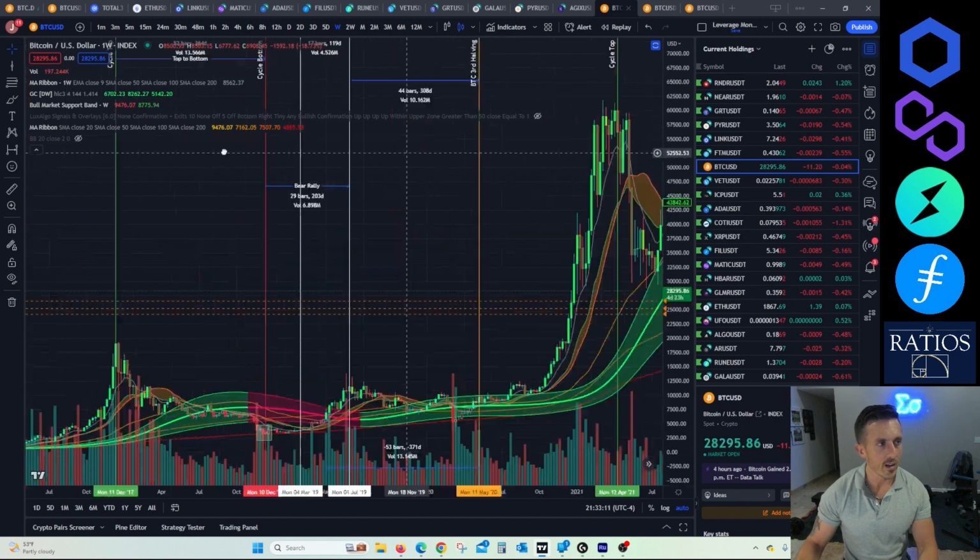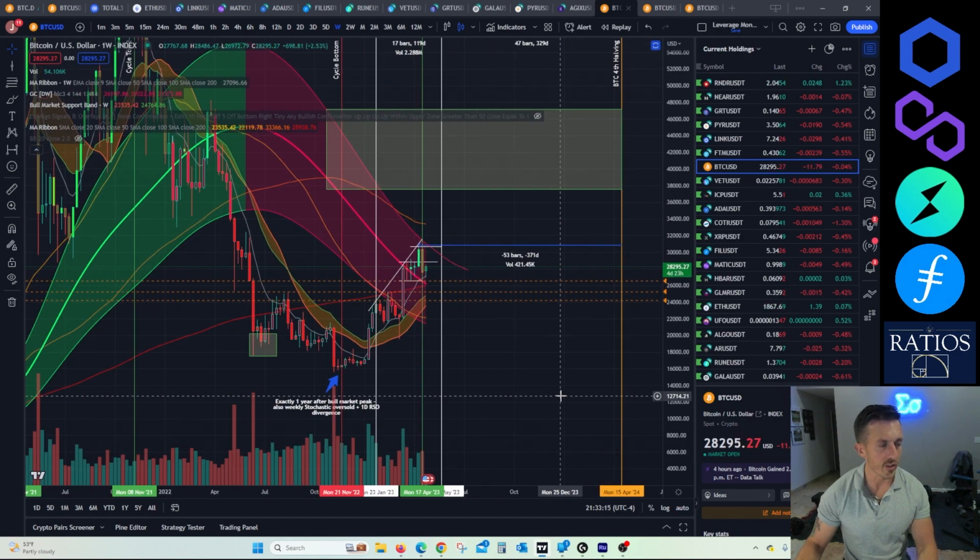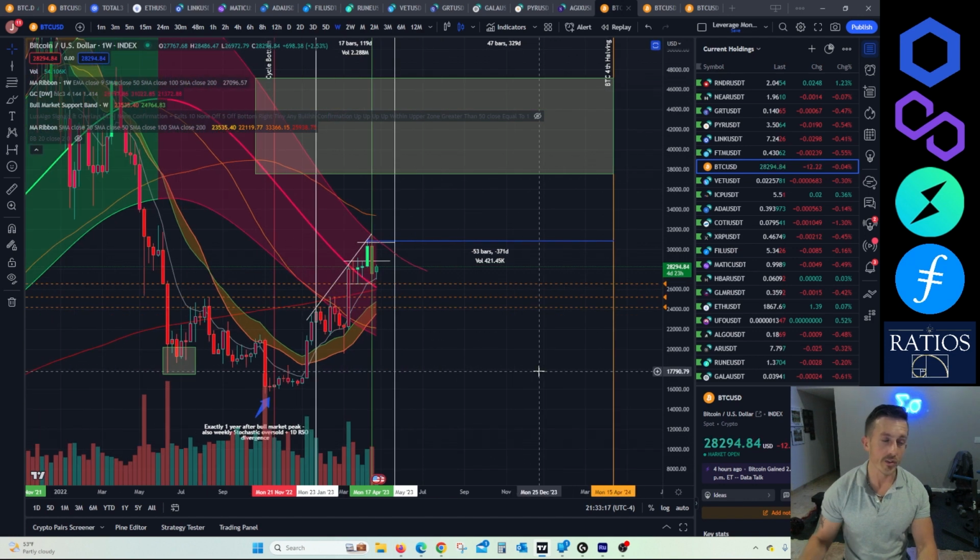And to me, this daily and 2-day divergence that we're looking at is just irrelevant. Honestly, 2 days ago, I was bearish, until I saw this and until the news came out. It's exciting. I'm not going to say that it's going to go up. I'm not going to say that history is going to repeat itself, but history does tend to rhyme.